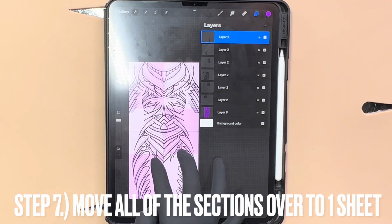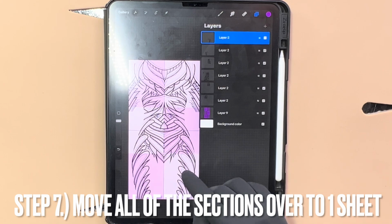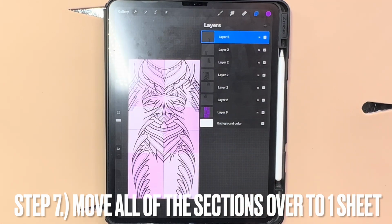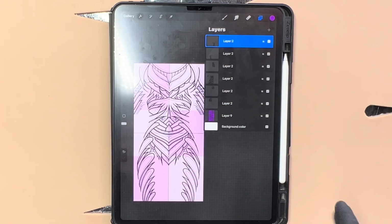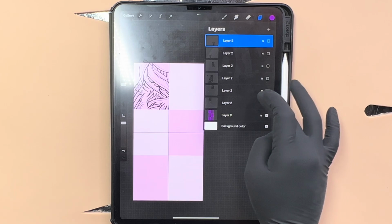What I'm going to want to do now is take all of these and put them onto one sheet because we're going to size them back to 8.5 by 11. And what that looks like is a pretty straightforward process. So what I'm going to want to do is